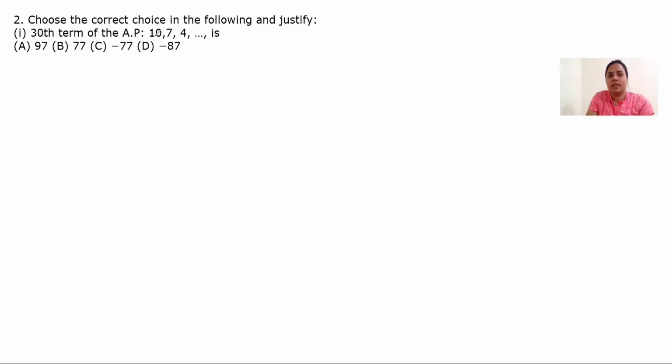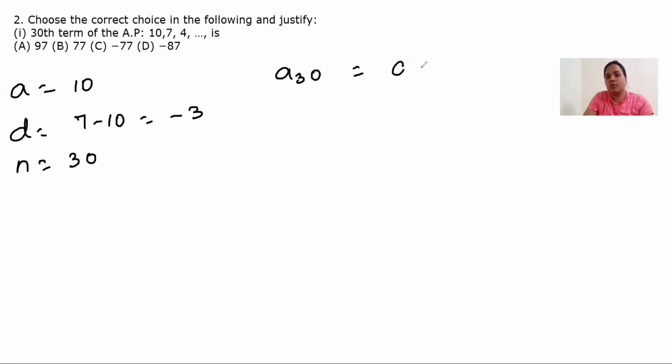30th term of the AP, 10, 7, 4, and so on. So we have to find the 30th term. A is given as 10. D is 7 minus 10, that is minus 3. And for the 30th term, n is 30. We have to find